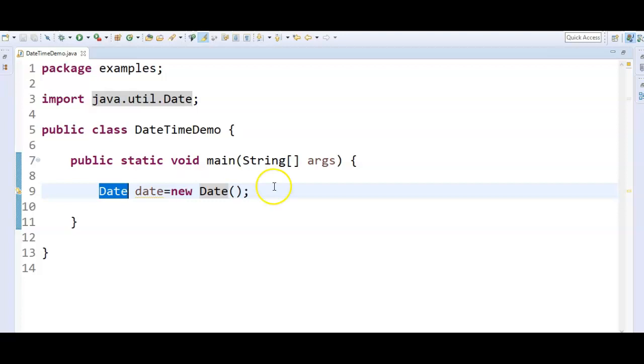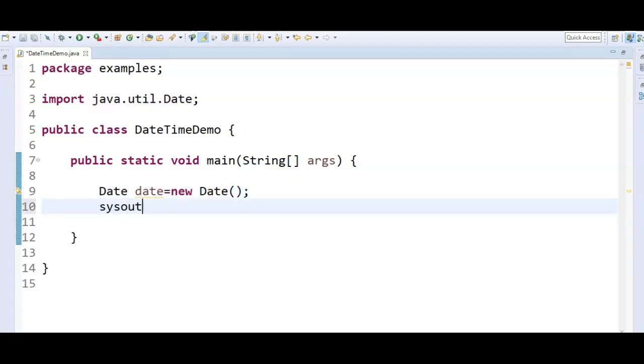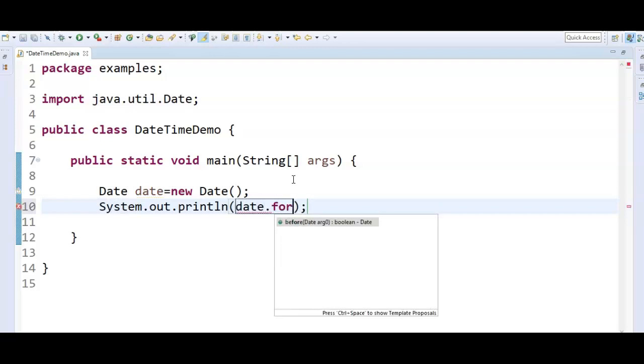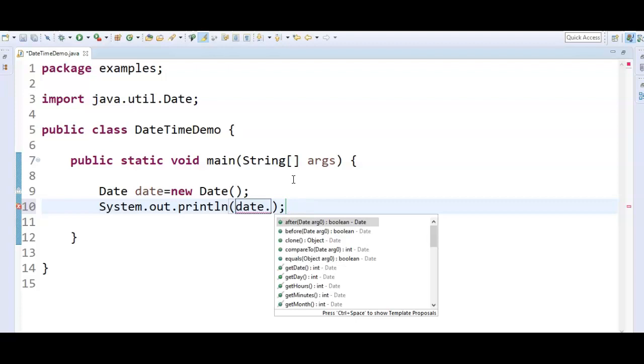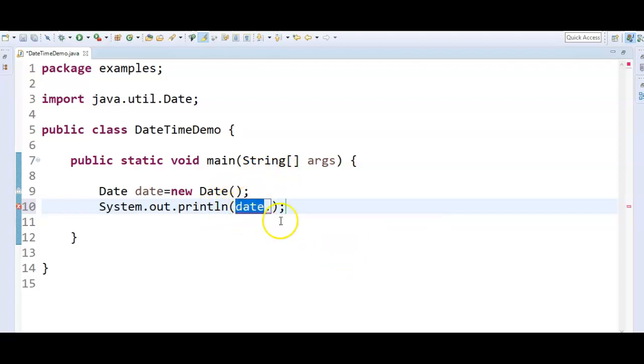And from this date I'm just saying sysout date. So directly before taking the date, we need to create one date formatter as well.